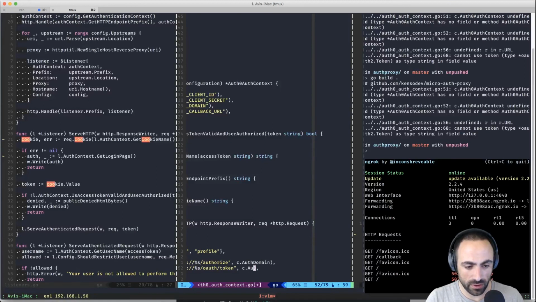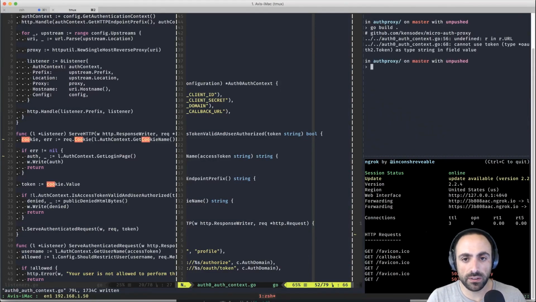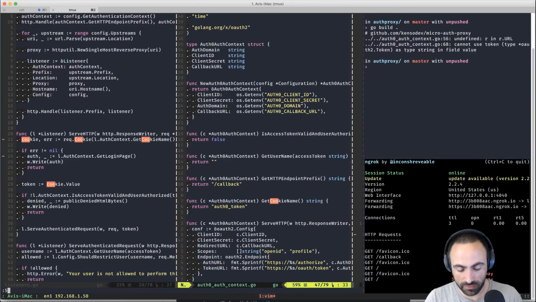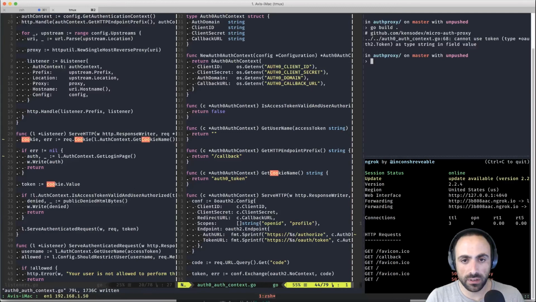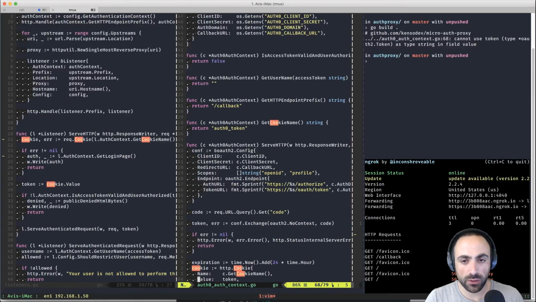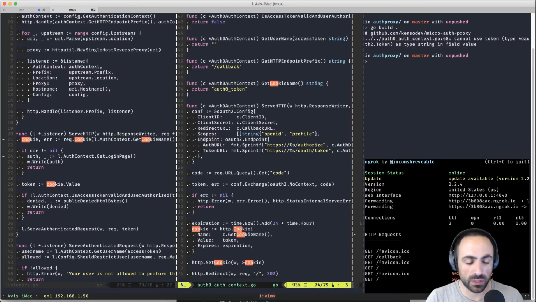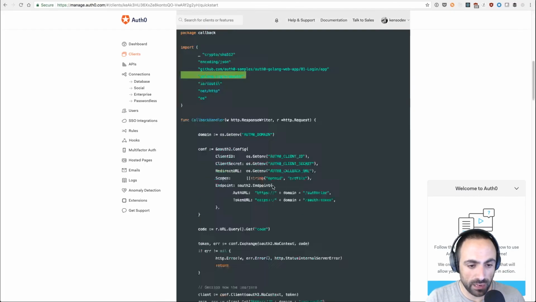And then this is auth domain. Go build. All right. And then line 56. So code is R, and why is this R? So this is req, right? Yes, req, and build, and another final one, line 68. Cannot use type oauth token.Token. Okay, so what is our actual token?